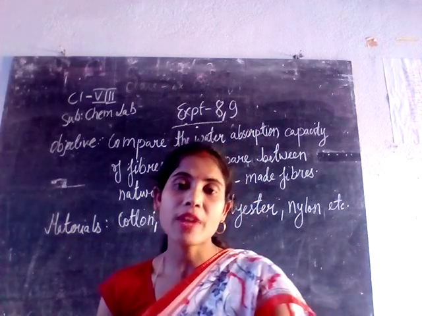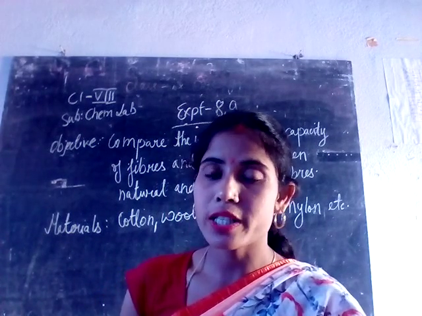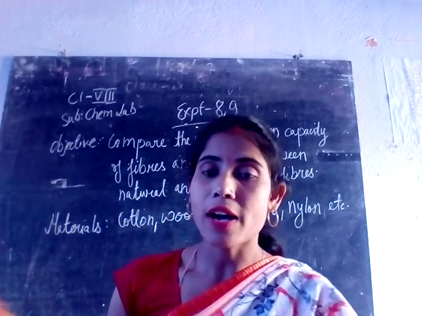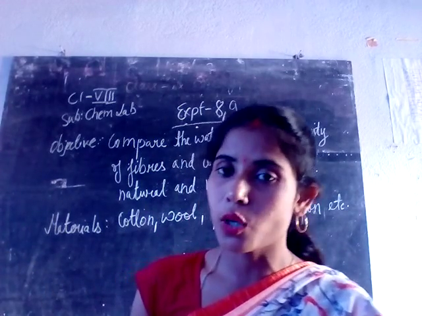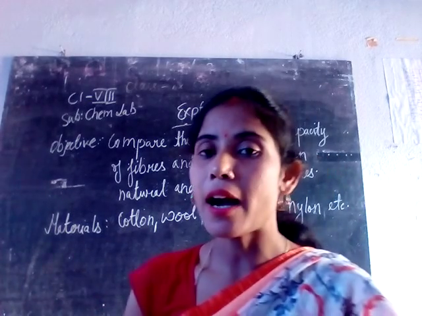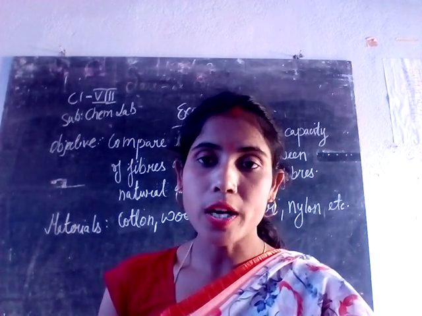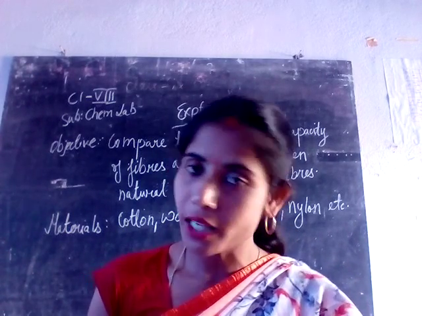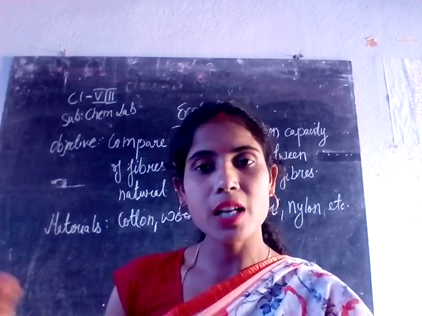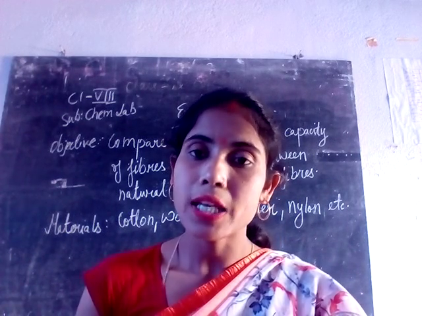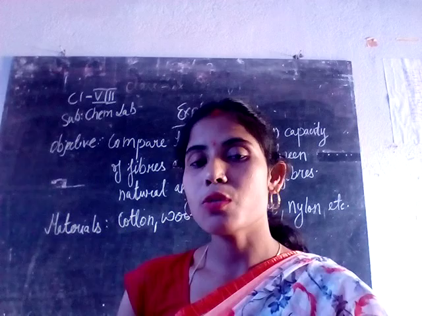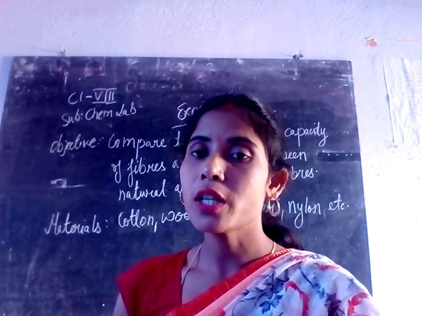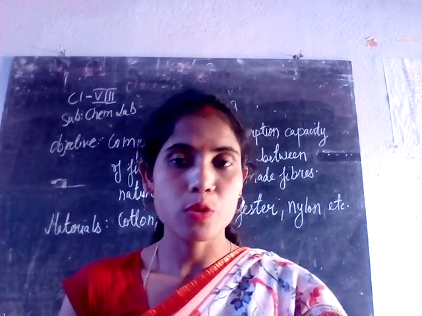So you have seen that the fiber obtained from plant sources, that is cotton, has more water absorption capacity as compared to the animal fiber, that is wool, or you can even take silk cloth. Similarly, you take man-made fibers like nylon and polyester, dip them into the water, leave them for some time and then take them out. You will see they absorb very little water as compared to natural fibers. So this is your experiment. You can perform this experiment at home also, watch the video, and complete your lab manual. Thank you.